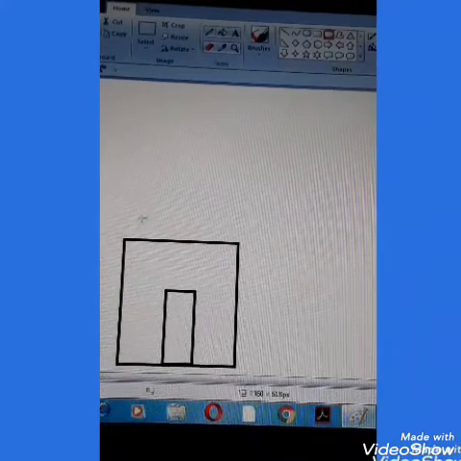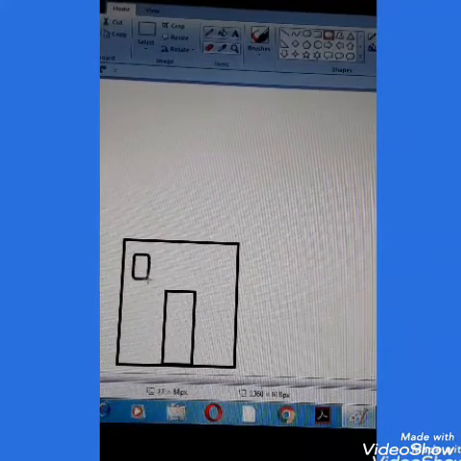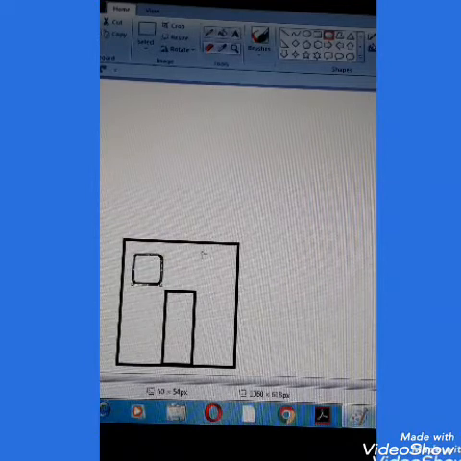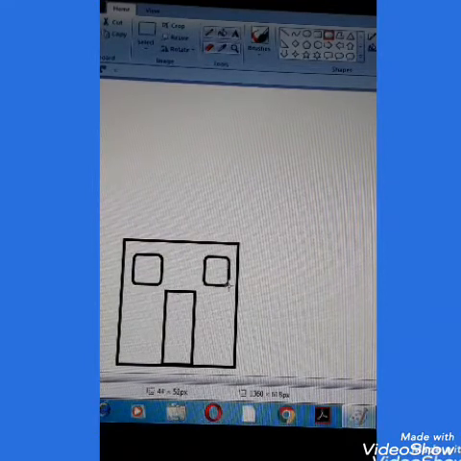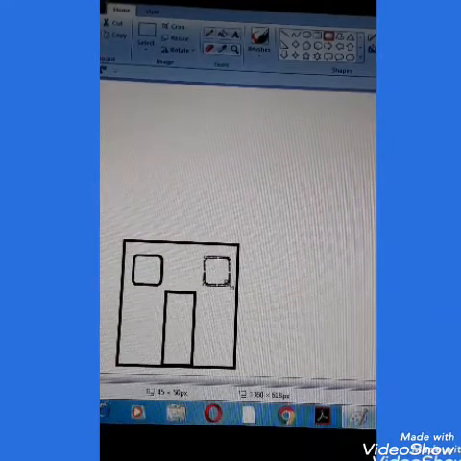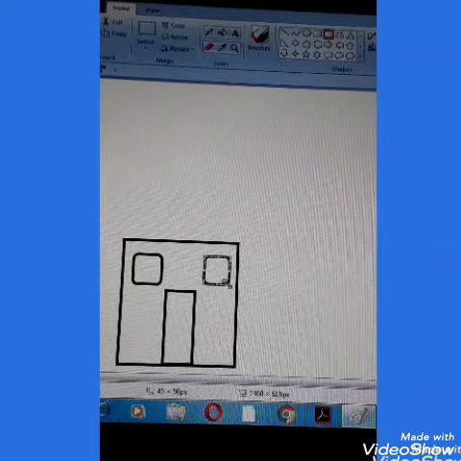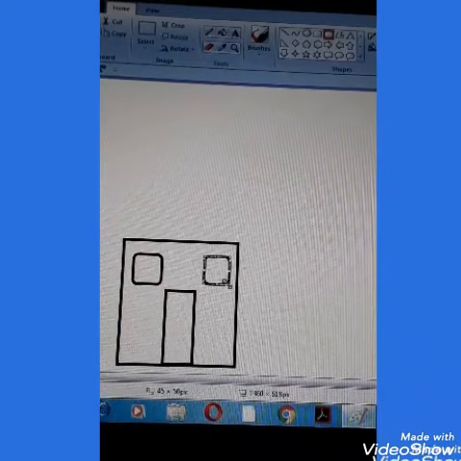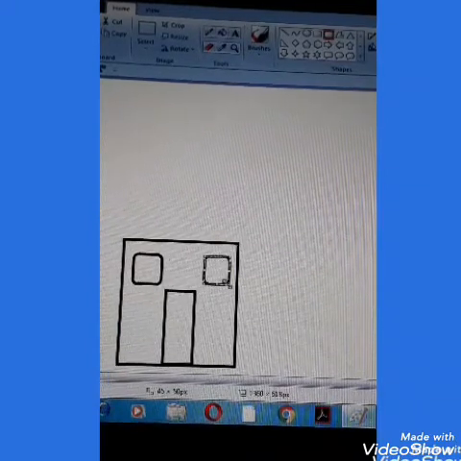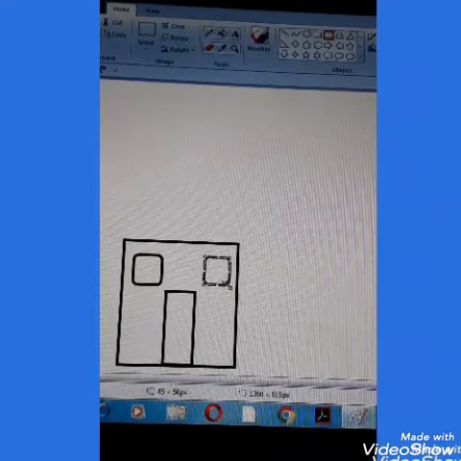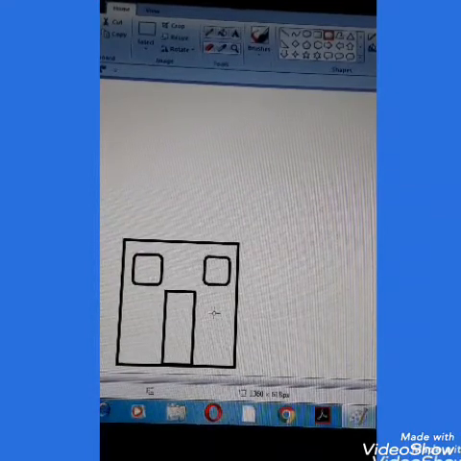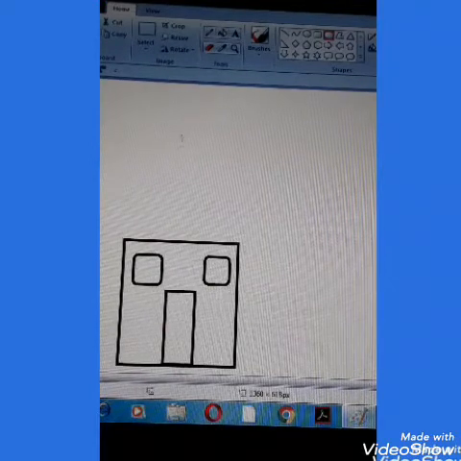And this tool, of course, I can't take it for house or door, but for windows I can take it. As I have told you, we are going to use almost all the tools, shapes and options here for doing this practical. Okay children? Now we will do the roof part.